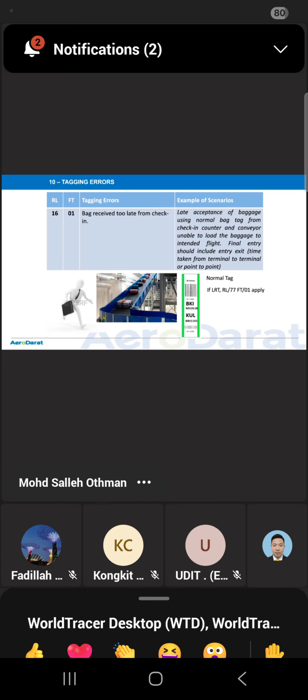It is mandatory to sign. If you issue the limited release tag but it is not signed by the passenger, it means the passenger does not agree with the terms and conditions, so the terms and conditions are automatically cancelled. So the passenger can make a normal claim, although we issued a limited release but it was not signed. So make sure to advise our staff that whenever you issue a limited release, the passenger has to sign the LRT tag.